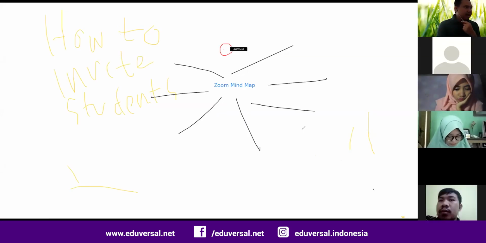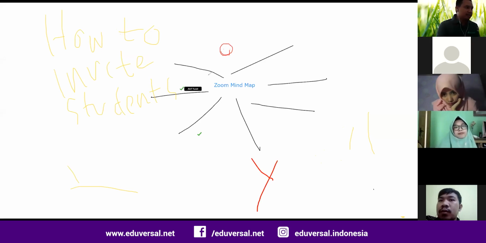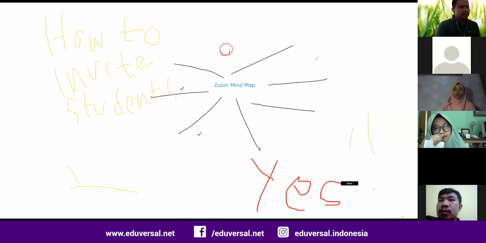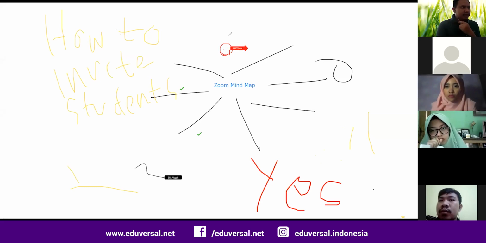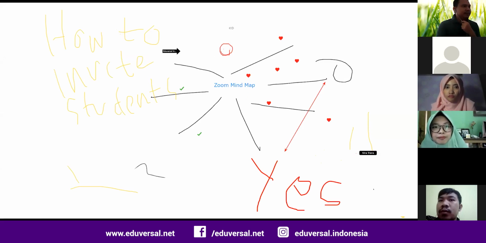So, for example, if I activate this function, show names of annotators, and if students annotate something in the board, you can see directly their names. There is Zikri, there is Mr. Akif. Okay. You can do the stamp, for example. You can do the spotlight if you want to explain something using the cursor spotlight. Yeah, you can use the stamp. You can clear all of the drawings, only your drawings or the viewers' drawings. For example, I clear the viewers' drawing, and they are gone.